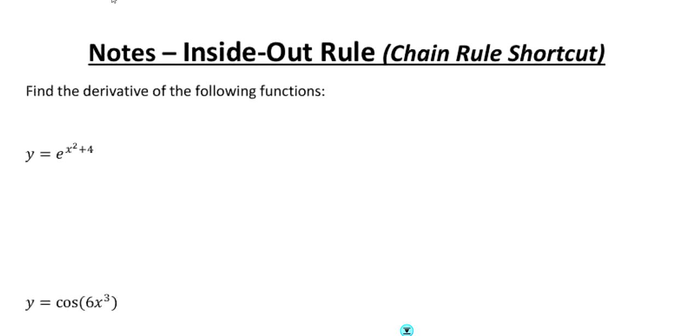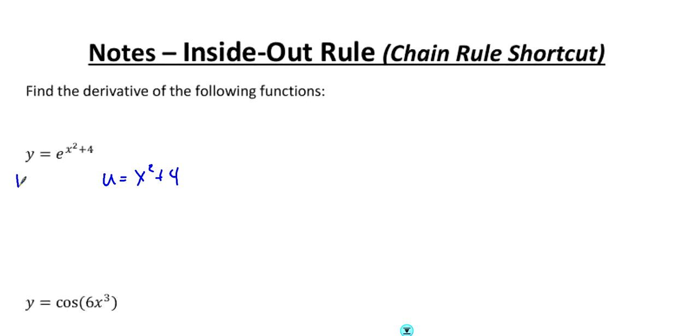So today we're going to be talking about the inside-outside rule. The inside-outside rule is just a shortcut for chain rule. Instead of taking a function and splitting it up into multiple pieces, doing chain rules, picking u and then y in terms of u, we have a shortcut that we call the inside-outside rule. So if we were doing this one, basically we'd have to say u is x squared plus